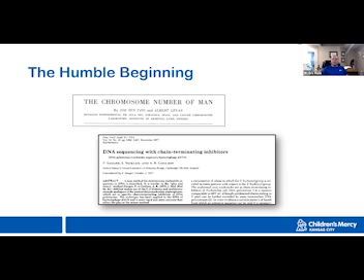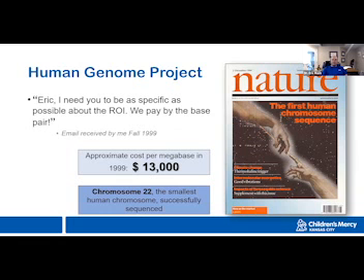The technology that we actually started using, our tried and true technology, started in the late 70s. This is what we call chain terminating DNA sequencing, or what we more commonly call Sanger sequencing, after Fred Sanger, the person who came up with it. Well, it took us a while, but we started to get really interested in ourselves. After all, what's more interesting to humans than humans? And so we said, well, let's